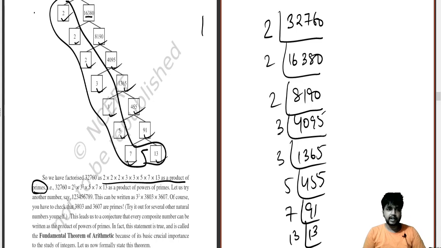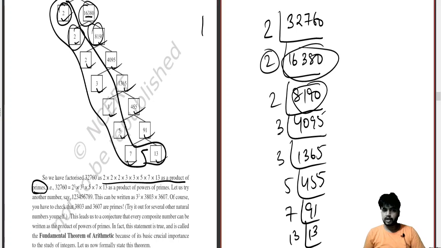If you see, you write 2 over here, then this part will come over here. Then you write a 2 over here, then this part comes over here in the bottom. So you are very much capable of writing it in this tree form. So there is nothing new to understand, just a way of writing has changed.